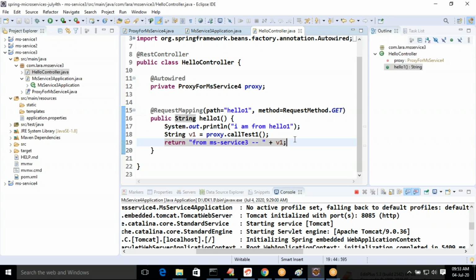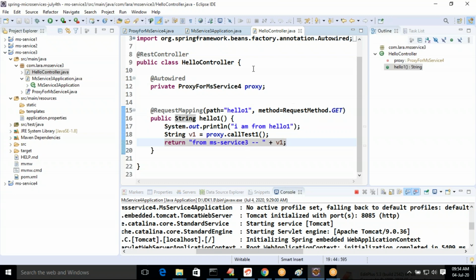If you go for REST template, three statements we are hard coding. We have seen very clearly, in every API method you need to hard code those three statements. But here, we are defining a separate generic proxy. Keep using that proxy wherever you want to call the target application. This is the best compared to REST template. But here also there is one small limitation.